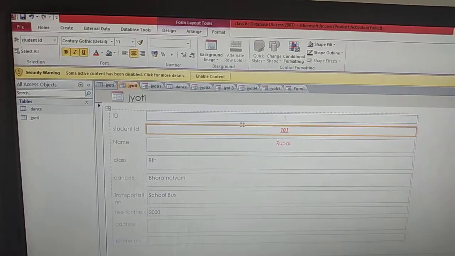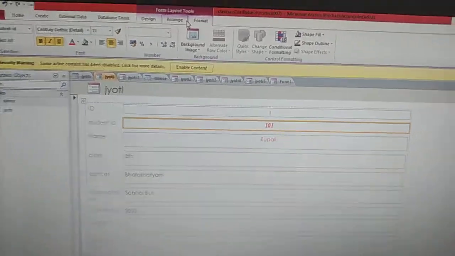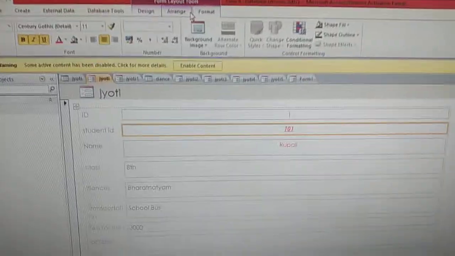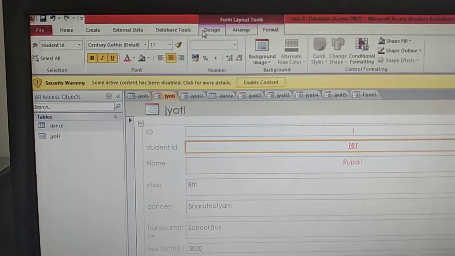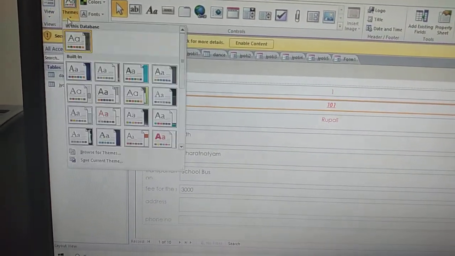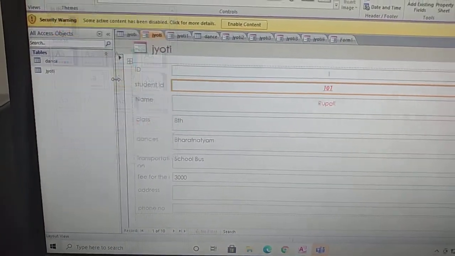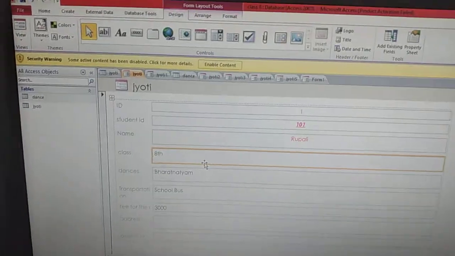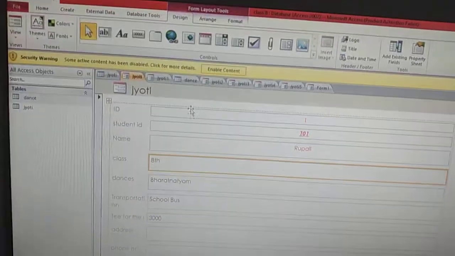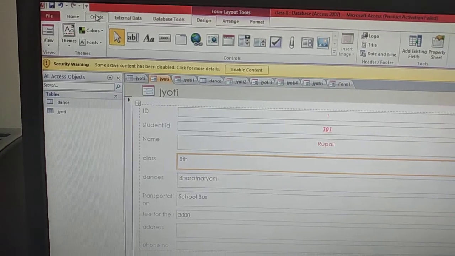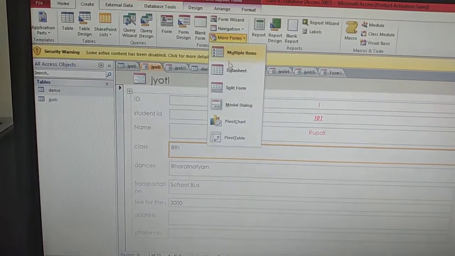You can apply the theme as well. For that you have to go to the design view. This is the design view. Themes are available. You can choose like this theme, green. Okay? First of all, I am going to show you about create more forms. I will do a split form.